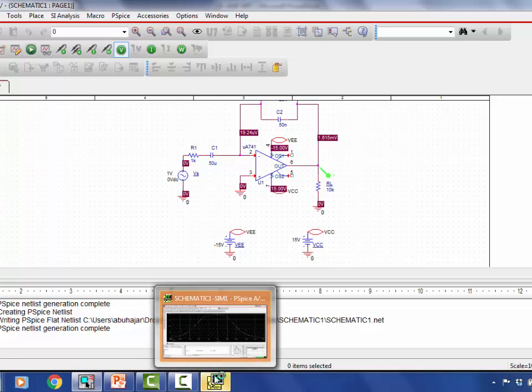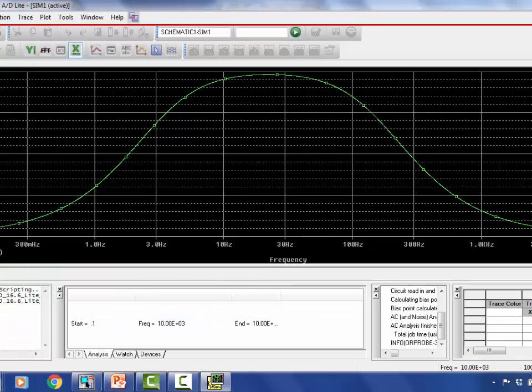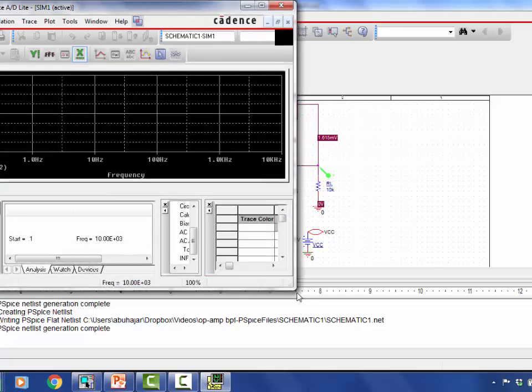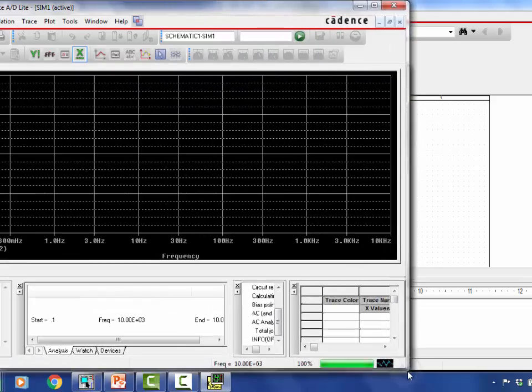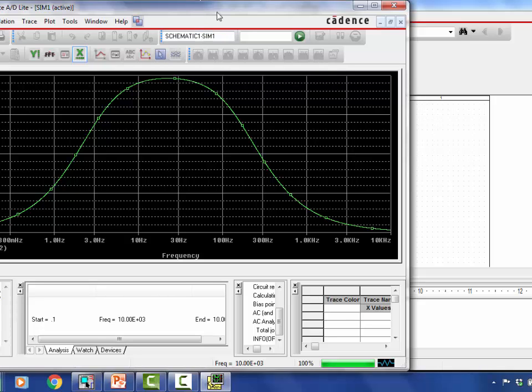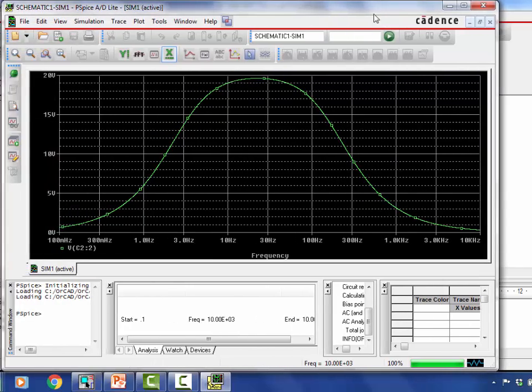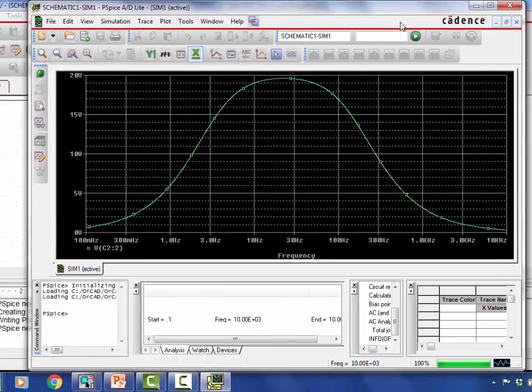So let's go ahead and run the simulation, and when we run the simulation, clearly this looks like a bandpass filter, where the highest gain is between the bandwidth of roughly 3 hertz and roughly 160 hertz. Now keep in mind that over here we are plotting the gain in volts, so I'm going to convert that to